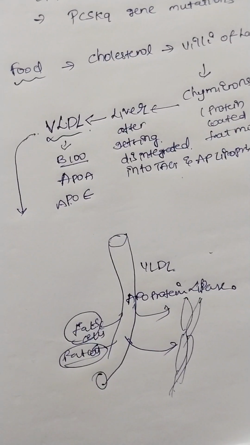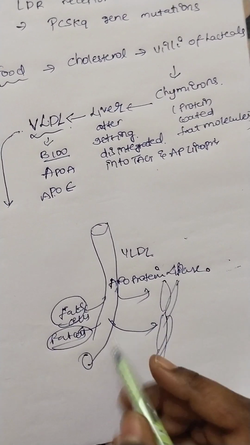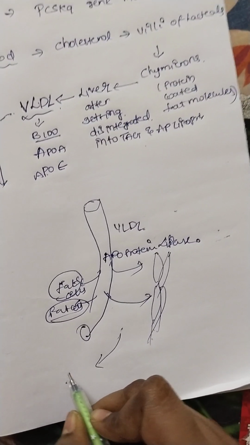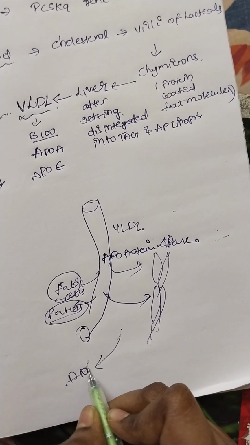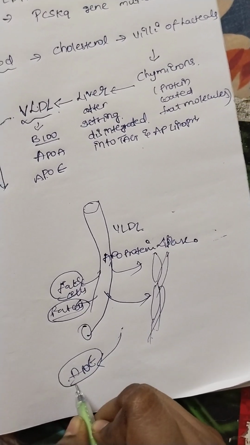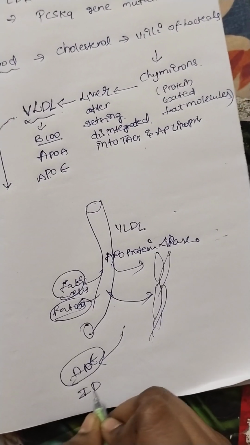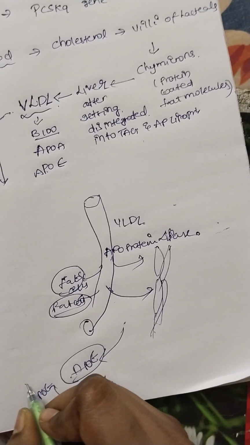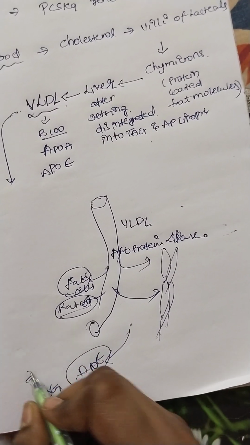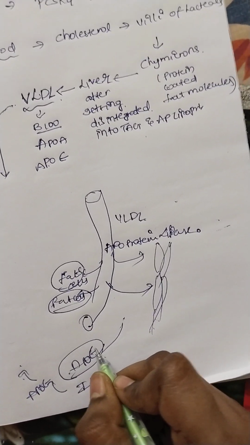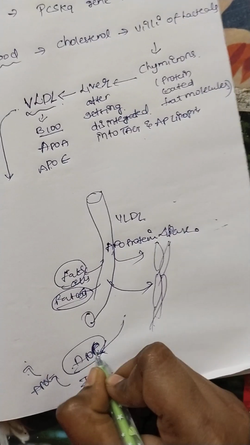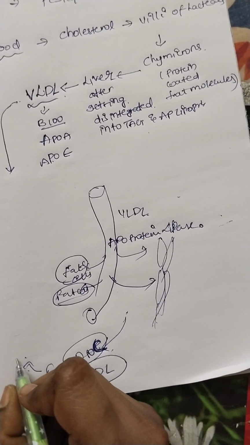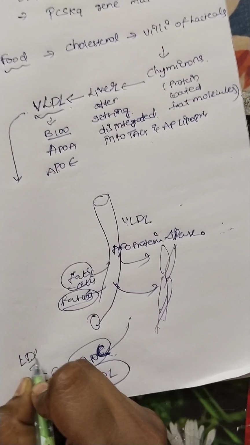It loses apolipoprotein C and becomes IDL, and it loses apolipoprotein E and becomes